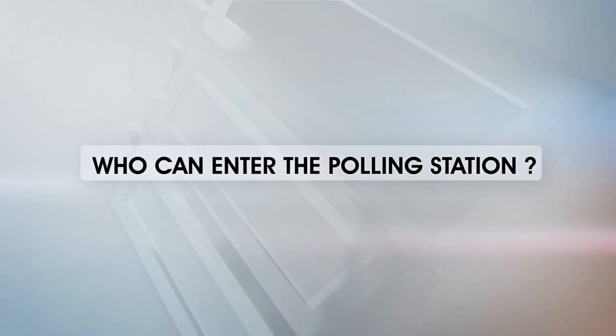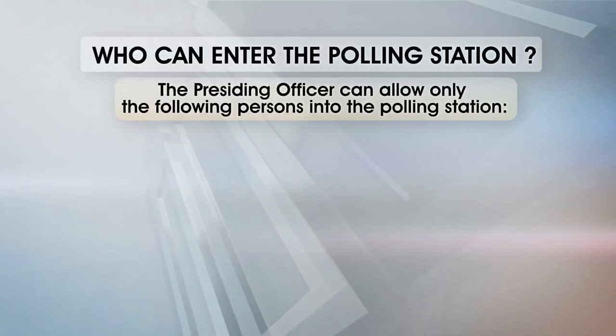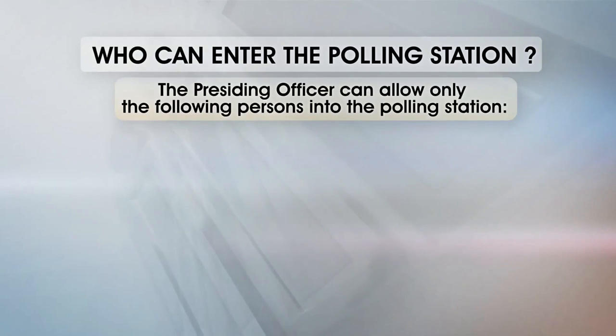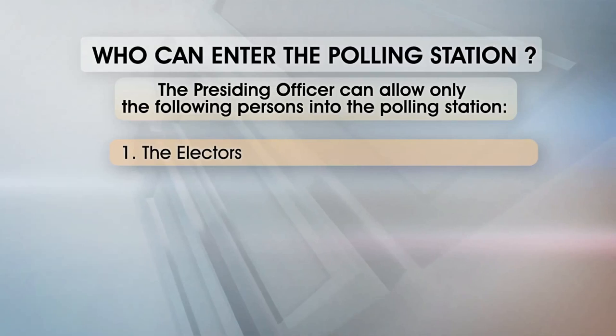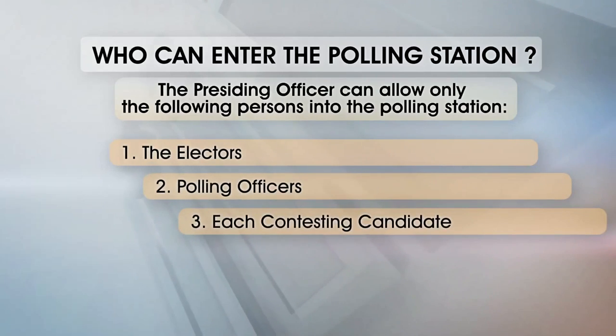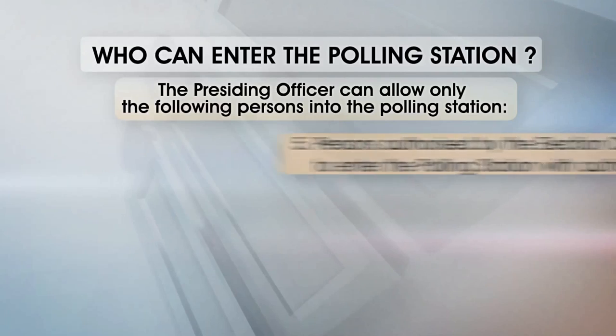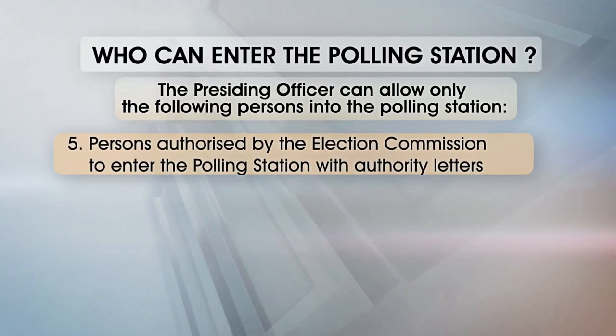Who can enter the polling station? The presiding officer can allow only the following persons into the polling station: the electors, polling officers, each contesting candidate, one election agent or polling agent of each candidate at a time, persons authorized by the Election Commission to enter the polling station with authority letters,